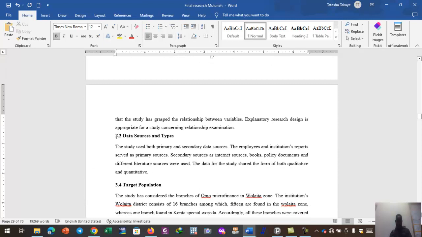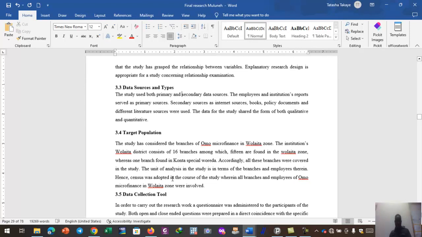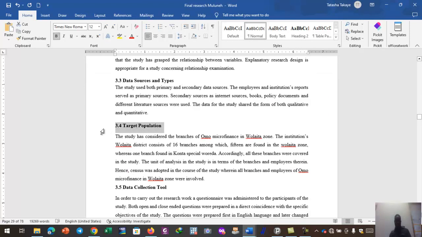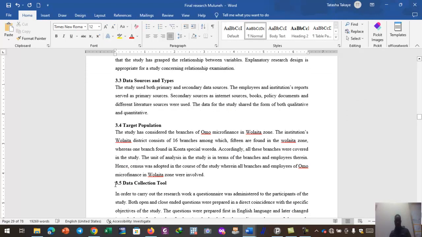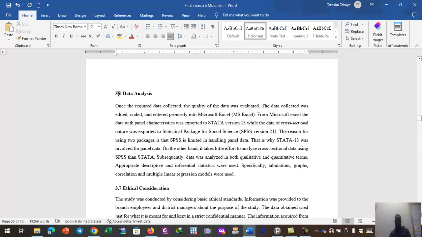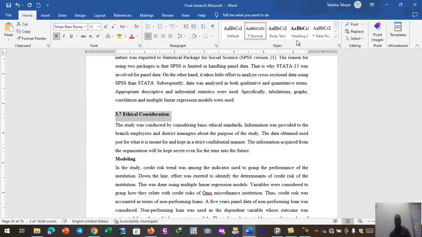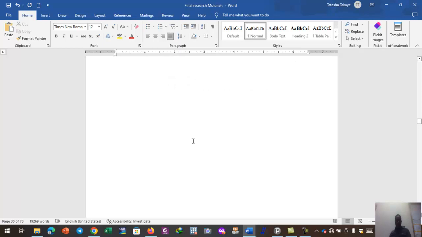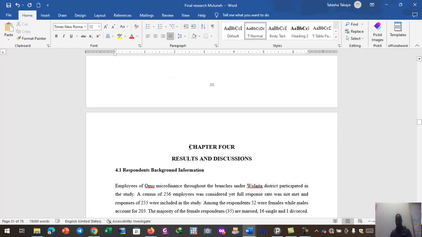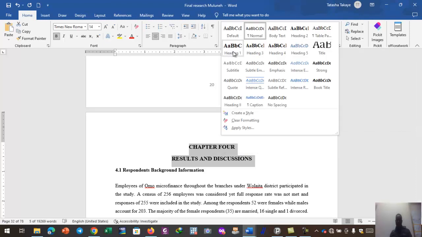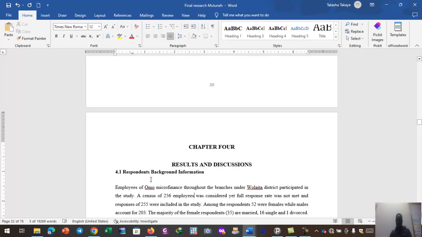Data sources and types, select, and I have to go for heading 2. Target population, same thing, heading 2. Data collection tool, heading 2. 3.6 heading 2. 3.7 heading 2. Then the fourth chapter follows. This is a major headline of the chapter. Therefore it has to assume heading 1. Okay, then this is 4.1, which is